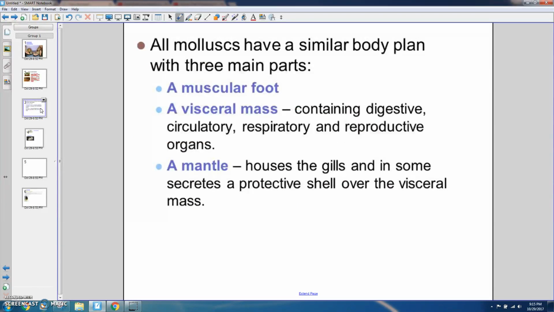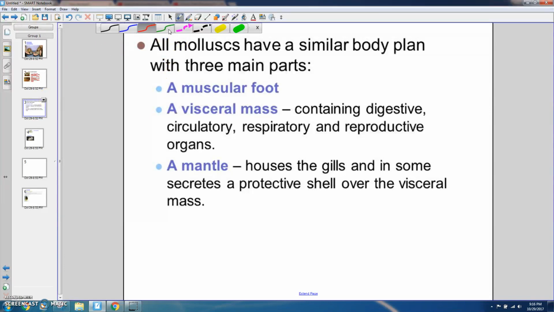In all mollusks, and we've talked about this in class before, there are three main parts of a mollusk body that we find in all of the groups. So again, if you remember, one of the classes is the class Bivalvia, which are the clams, the class Gastropoda, which are the snails and sea slugs and so on that we're talking about right now. And there's another class called the cephalopods, which include the octopi and squid and cuttlefish. And there's another group, Polyplacophora, which are the chitons. And there's a few other obscure, smaller groups of mollusks as well. But if we were to look at all of them